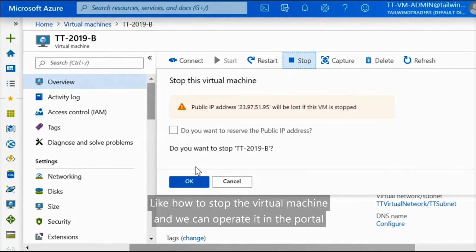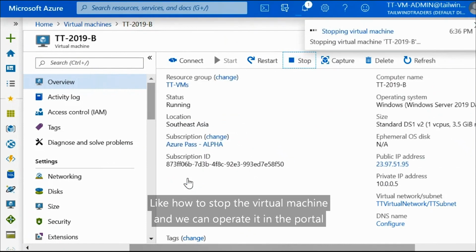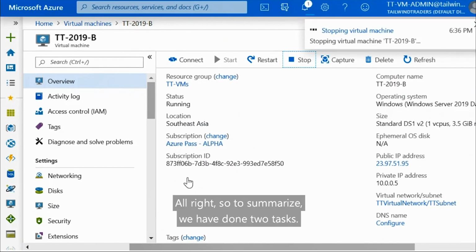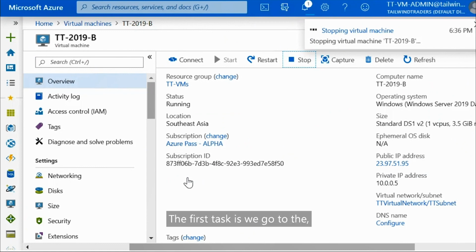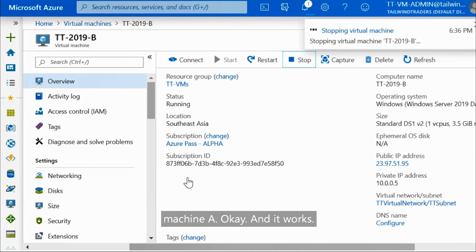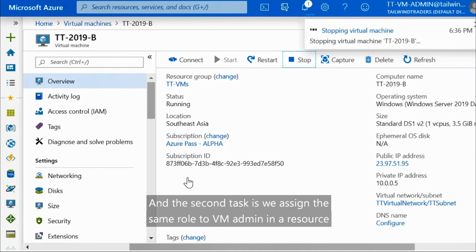And we can go to the VM B page, and then we can do any operation, like stopping the virtual machine, and we can operate it in the portal. All right, so to summarize, we have done two tasks. The first task is we go to the original account, and then we assign the Virtual Machine Contributor role to A admin to view virtual machine A. Okay, and it works.